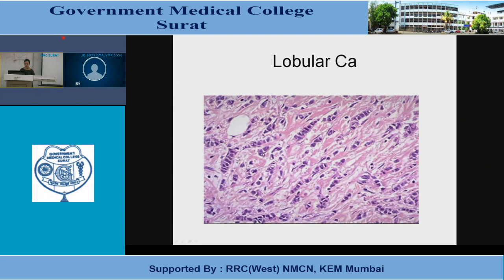In gross appearance, it will be hard to differentiate an IDC from an ILC, and that's why you need to have a closer look at the cells when you're doing a histopathological or microscopic examination. So can you see this layering of cells one after another? It is as if they are standing in a queue. So this pattern is known as Indian file pattern.